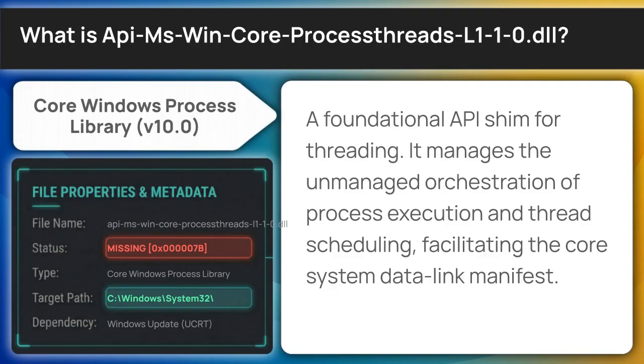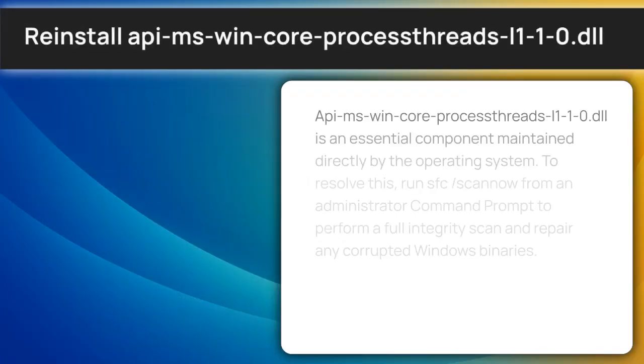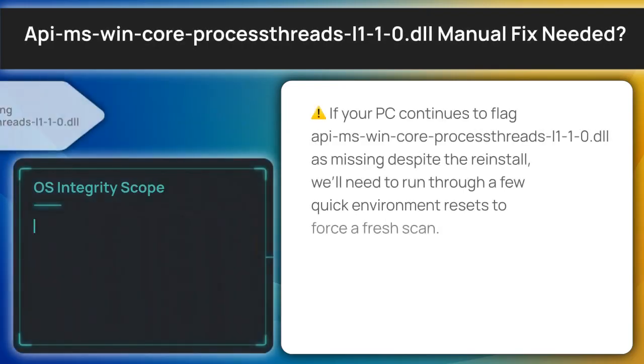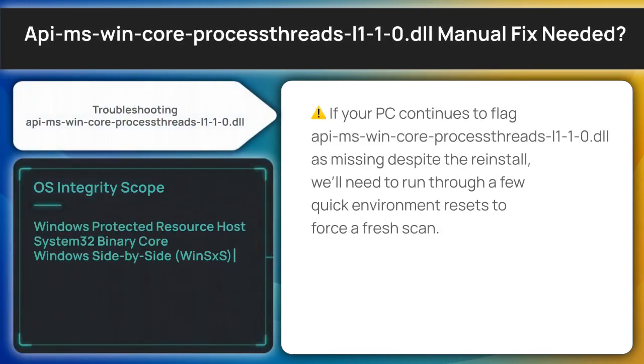Now let's dive into the solution, starting with a standard reinstallation. API-MS WinCore Process Threads L110 is an essential component maintained directly by the operating system. To resolve this, run sfc /scannow from an administrator command prompt to perform a full integrity scan and repair any corrupted Windows binaries. Should the reinstallation fall short, the next step in our protocol is to validate the integrity of